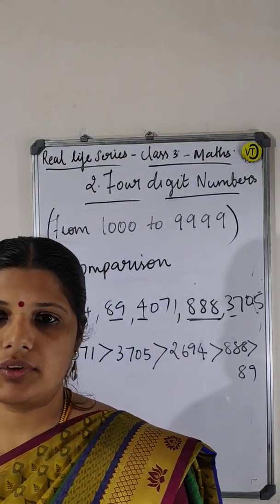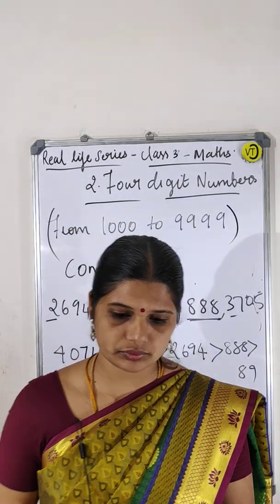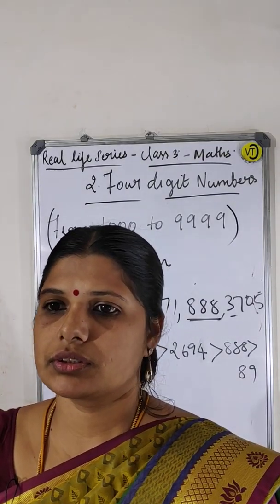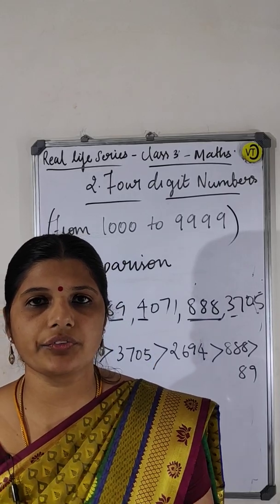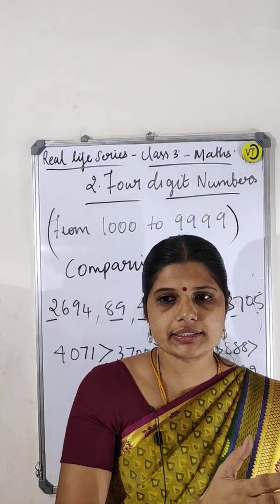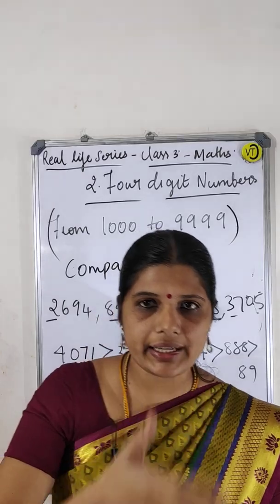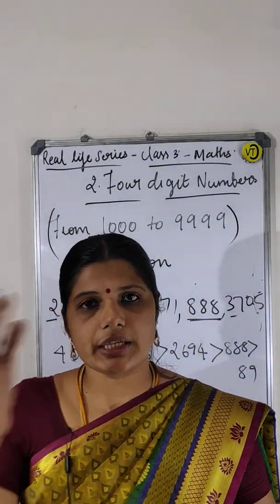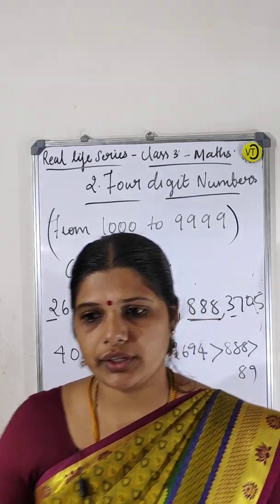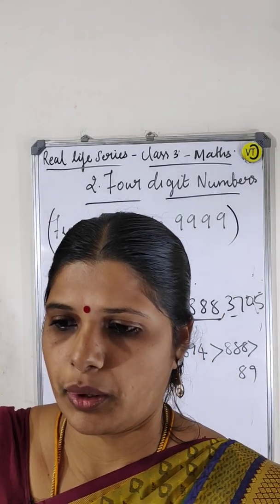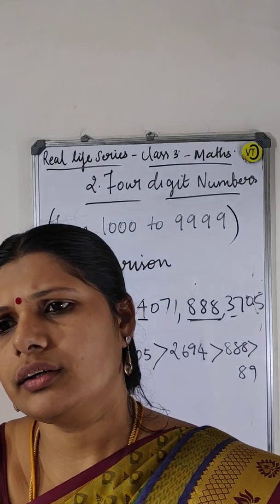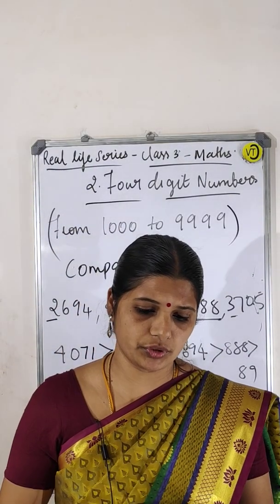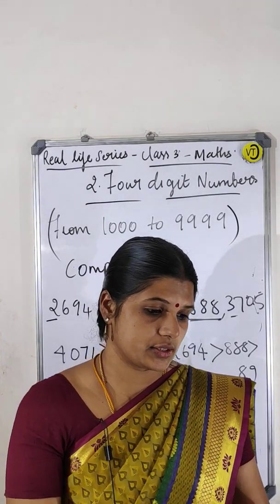Okay, one more thing I will tell you. So larger number, how can you find? I told you 86 and 54, which is the largest number? 86, because in 2-digit numbers, the leftmost digits are 8 and 5, so 86 is the largest number. So this way you can do it. And here one more thing they have given.